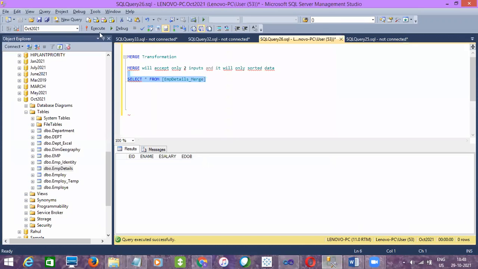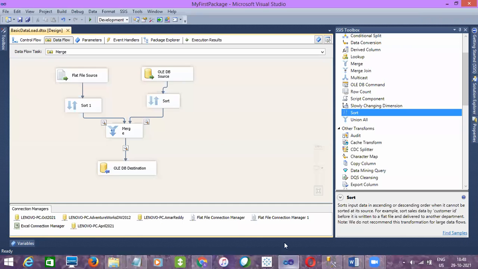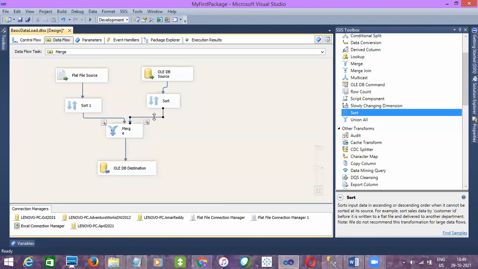Go to the destination and check it. 22 rows. See, this checking of how much source data there is and how much is inserted into the destination, that process we call unit testing, right? So being a developer, we do unit testing. Unit testing is nothing but checking how many records are coming from the source and how many records are being inserted into the destination. That we have to make sure of, right? So that process is called unit testing. Remember this. They might ask you in an interview.